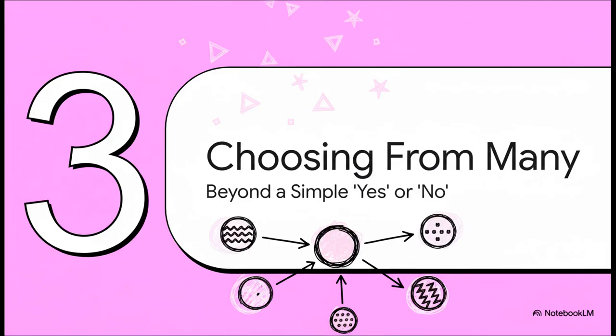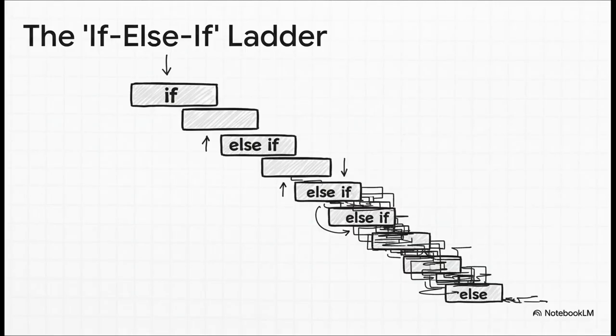All right, so we've got the two-way path down. But what happens when you have way more options? You're not just choosing between yes or no, but maybe between A, B, C, D, or E. So one way to handle this is the if-else-if ladder. It's just a chain of if-else statements, one after the other. Like if the user's choice is 1, do this. Else if it's 2, do that. Else if it's 3, you get the picture. It works perfectly, but you can see how this could get a little messy and hard to read if the